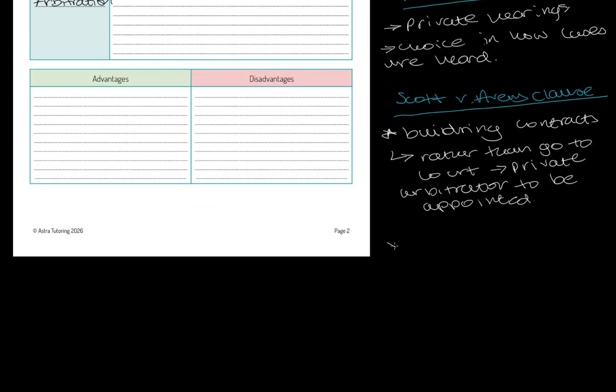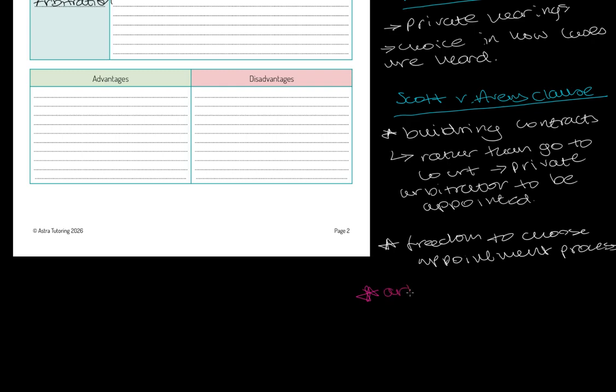Avery clause as well is that, again, both parties have the freedom to choose the appointment process. However, and there's this big however, most of the time, the clause will say that the arbitrator will be appointed